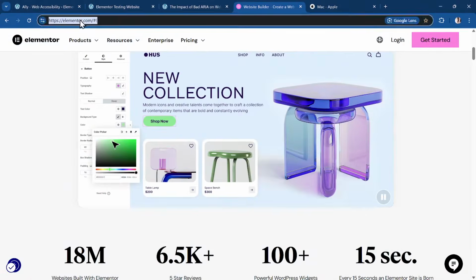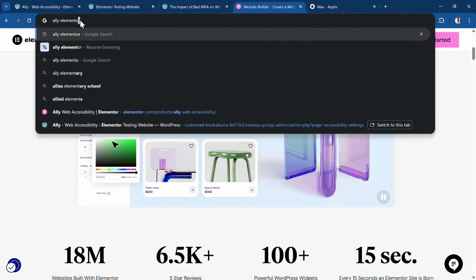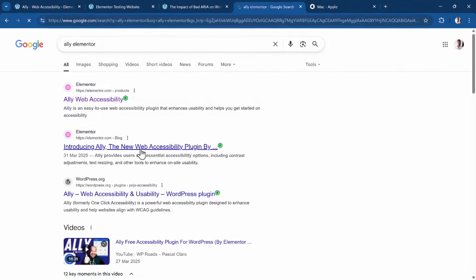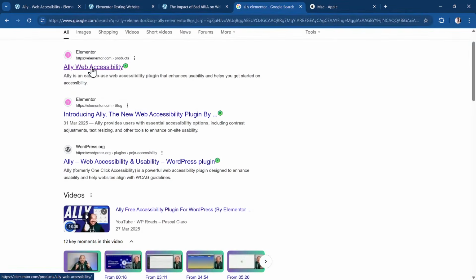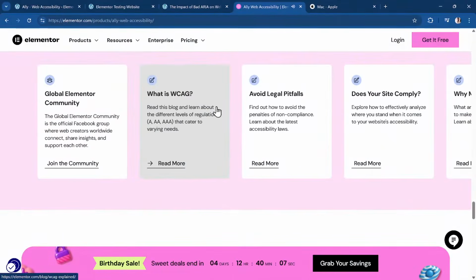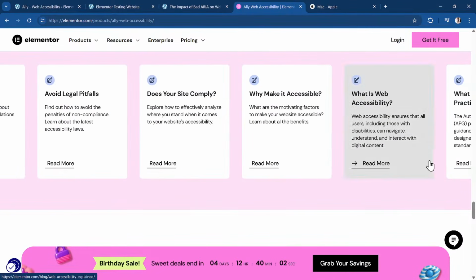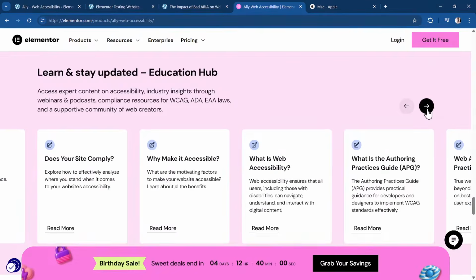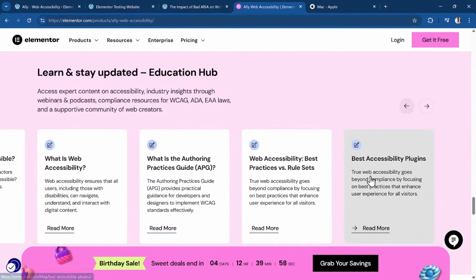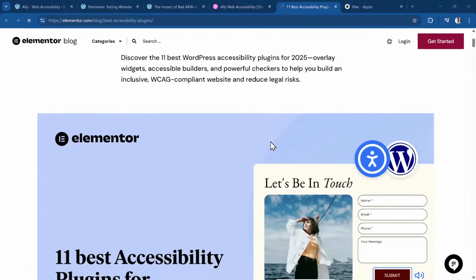Let's see if I can find it. The early A11 Elementor, early web accessibility. If you check, I believe one of their, let me go through the button. Okay, best accessibility plugins. Let me make sure I put back my animation effects. Okay, so